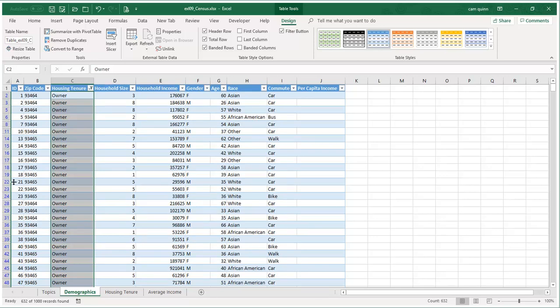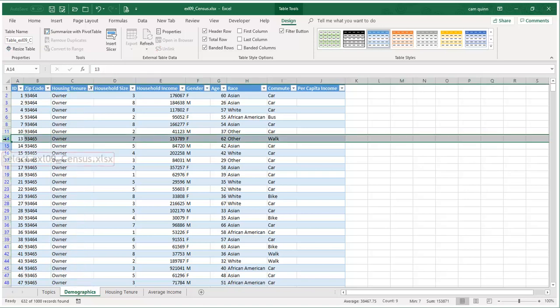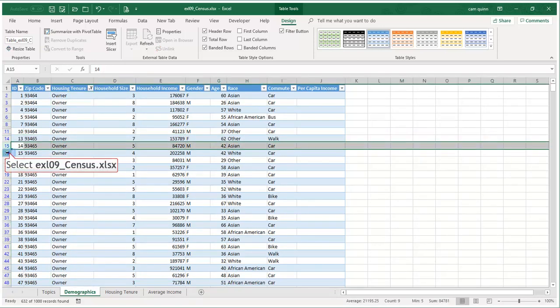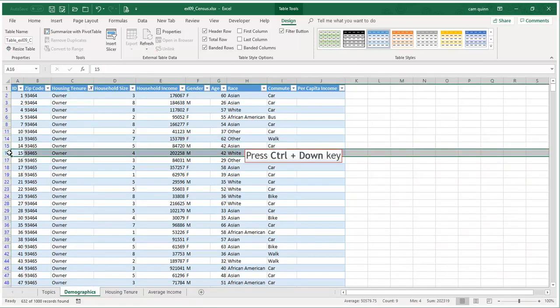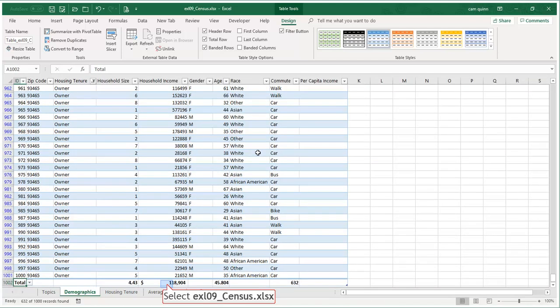All right, let me show you. So if I'm going to click here, I'm going to say only show me owners. If I take a look at my row numbers down the side, you see I go 1, 2, 3, and then I jump to 5. And then I go 6, and then I jump to 8, and then I jump to 11, then I jump to 14, and so on. Okay, and that's because what a table does when you filter is it simply hides the rows that don't match